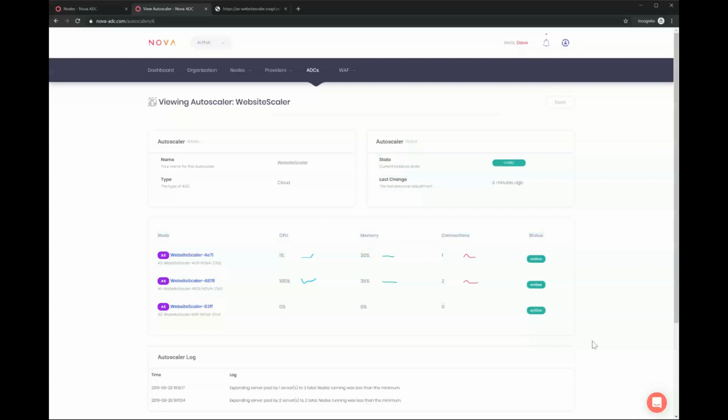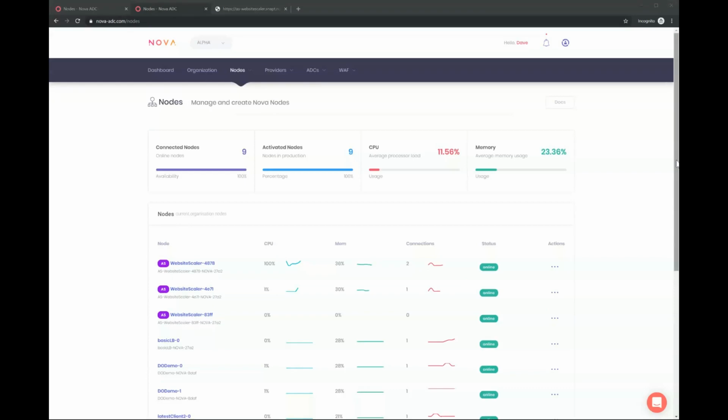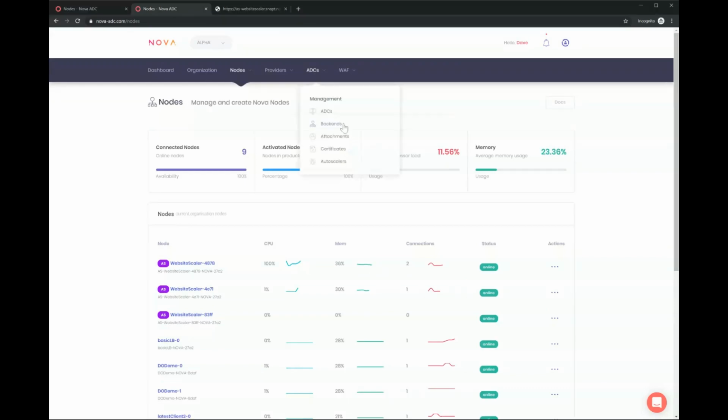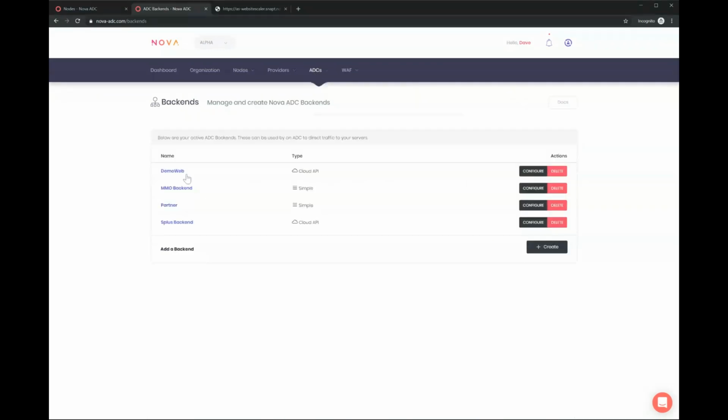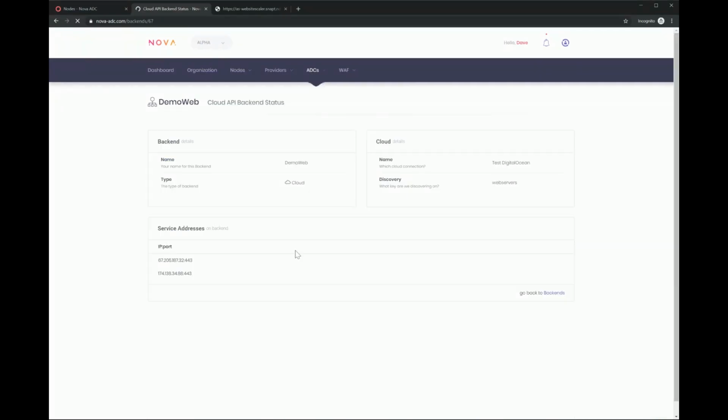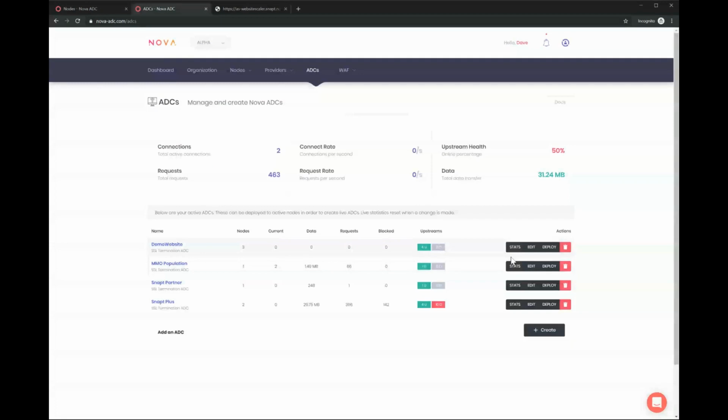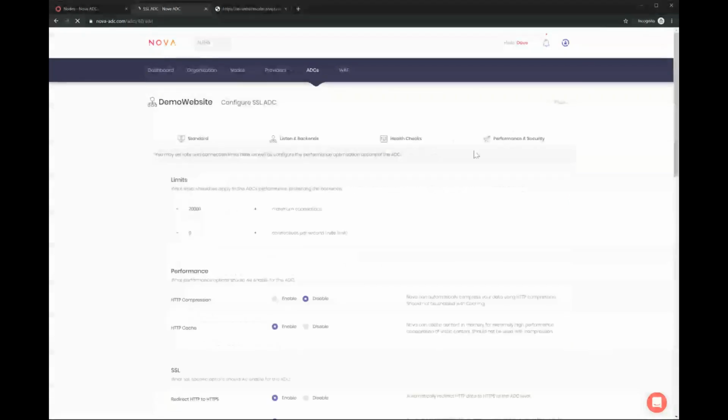And they'll all start to get traffic, and it will control all of that. And that's how autoscaling works, basically. So if we just rehash the core components, there are nodes, which are individual instances in people's environments that we're controlling. Then you've seen us show the ADCs, where you have backends, where you control where traffic should be sent. In our example, we said we want to auto-discover web servers, but there are many ways of doing that. And then we created an SSL termination ADC, where we turned on the WAF, which we saw protecting.